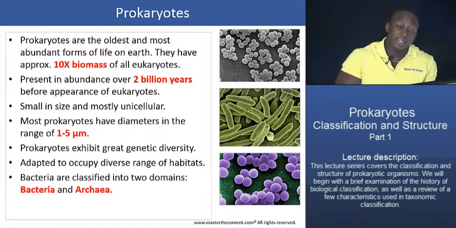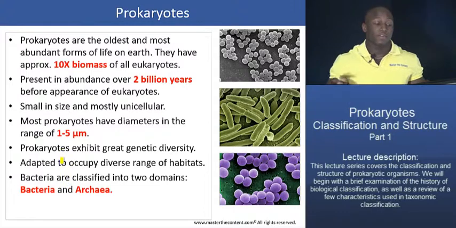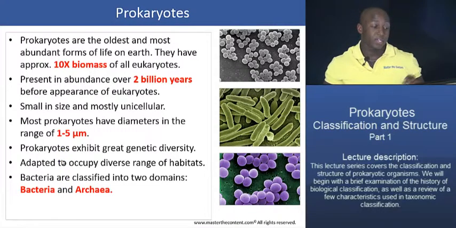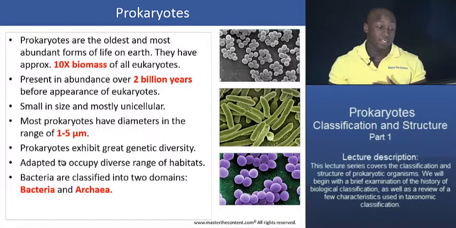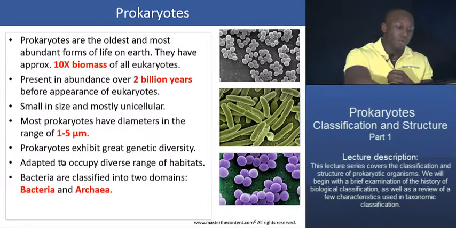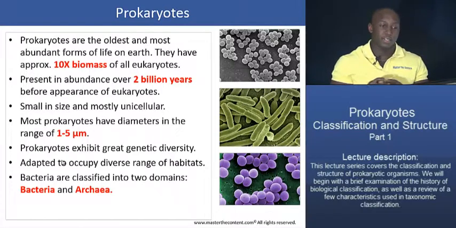Prokaryotes are also highly adapted organisms. They can occupy a diverse range of habitats. Typically, you'd find them thriving in extreme conditions that are too cold, too hot, too salty or too acidic for eukaryotic cells, because they develop specialized adaptations that allow them to occupy these habitats. They're an extremely tough, resistant and adapted class of organisms. So that slide gives you a snapshot of prokaryotes in a nutshell, what they are and what they're about.